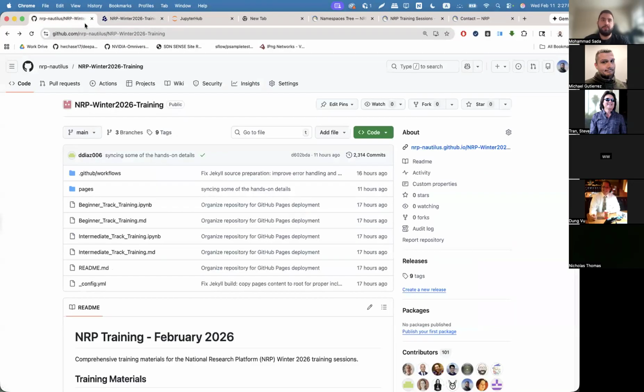And then the actual reproducible code parts that we're going to be going over are the beginner track and the intermediate track. And they're both available in the form of a notebook and a markdown format as well for easy viewership. So you can click on the beginner track